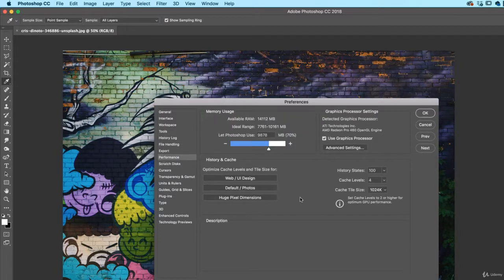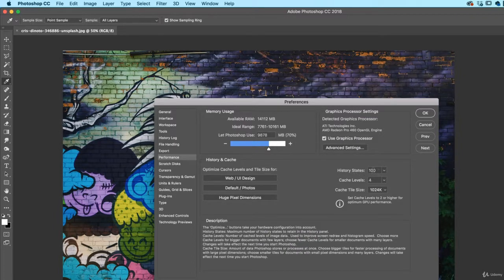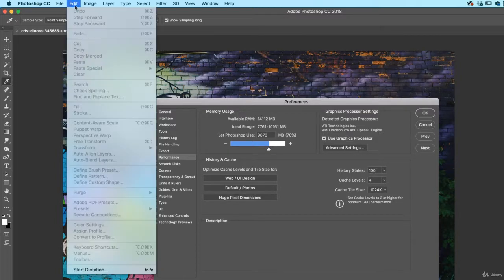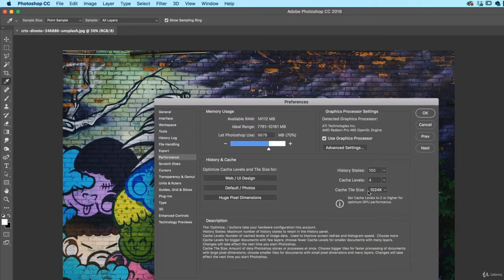The other ones that I like are under File Handling, and nope, not under File Handling. Let's go to Performance, and this one here, History States. By default, it's 50. I like to crank it up to 100. It just means that when I'm retouching, I can step backwards at least 100 times. You could go higher, but the higher this is, the slower Photoshop can start running if it's trying to record